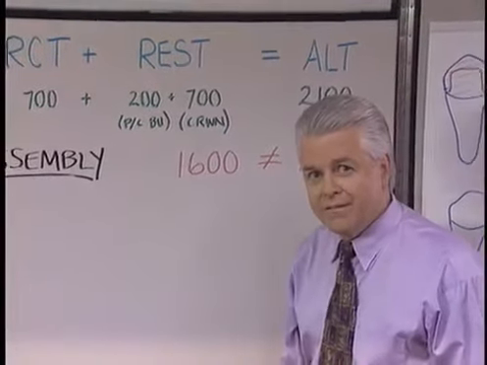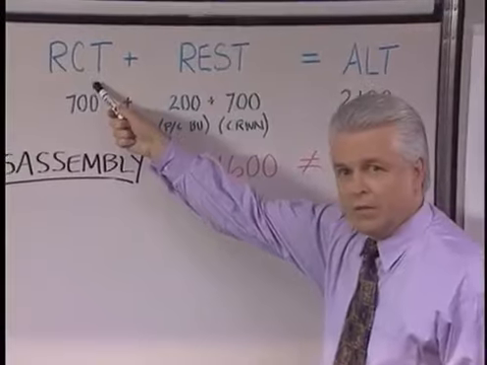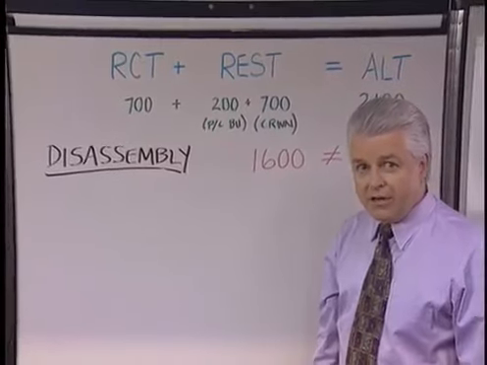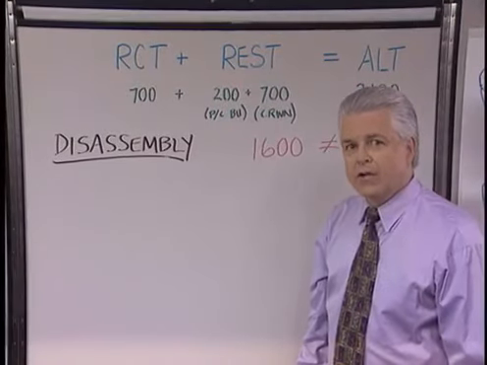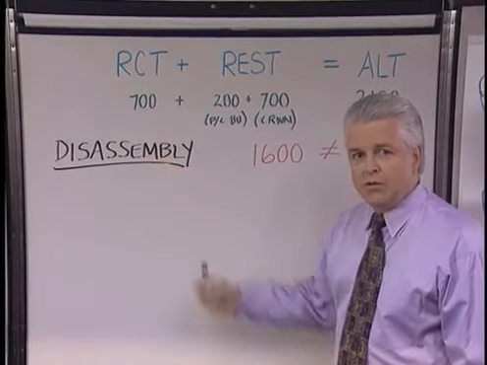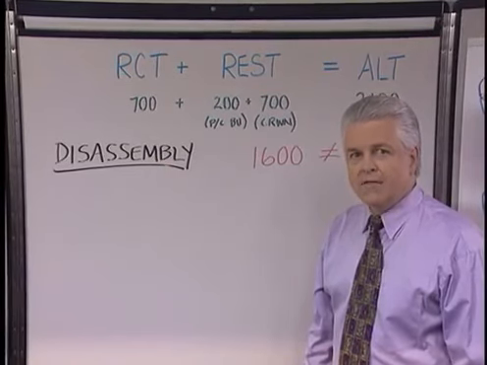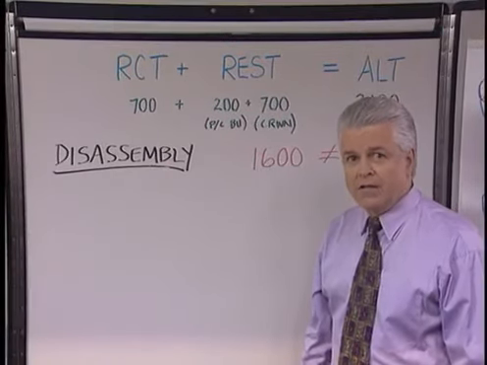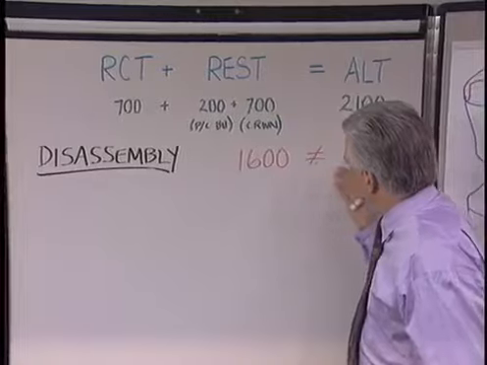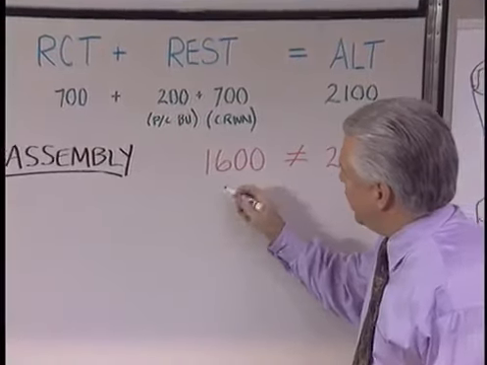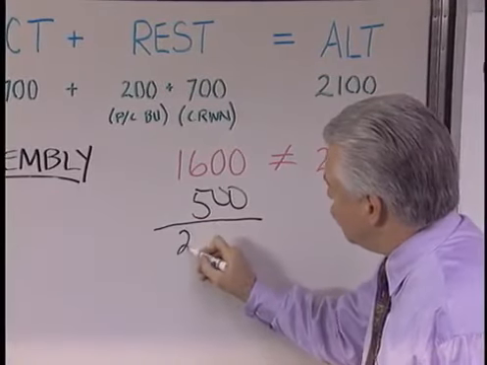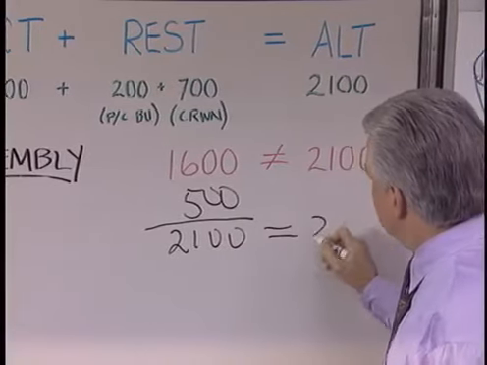So what can we do about this? Well, what's missing in root canal treatment is that is a fee typically assigned for the removal of the pulp, bacteria, and related irritants. It doesn't factor into all the disassembly things that we need to do. So disassembly is what's missing, and that's what's standing between you and doing a lot of retreatment, is having the chair time and the permission to spend the time to take these teeth apart so they can be re-cleaned, shaped, and packed. So if we look at the formula again, we can begin to see that if we added $500 as an example and did the addition, we would then have $2,100, and now this does begin to approach the